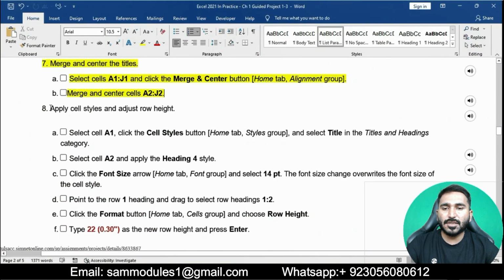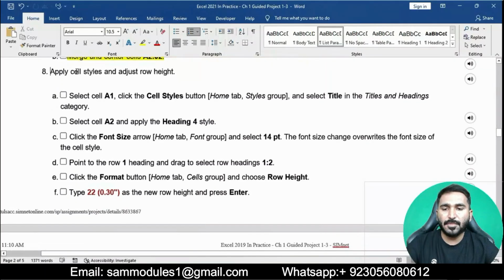Now moving on to question number 8: apply cell style and adjust row height.